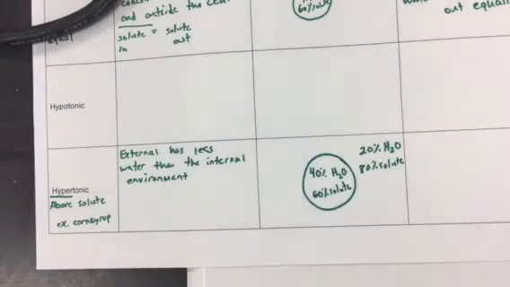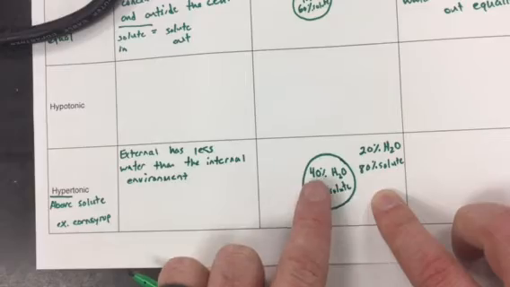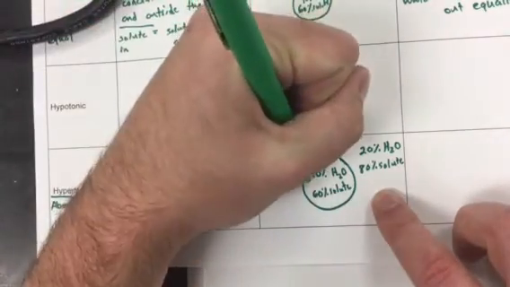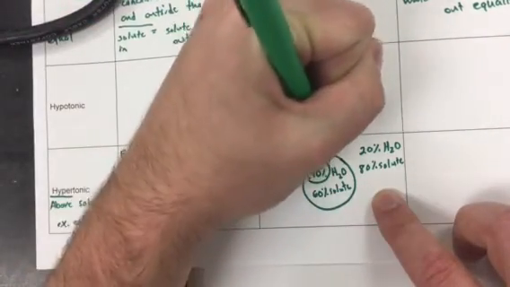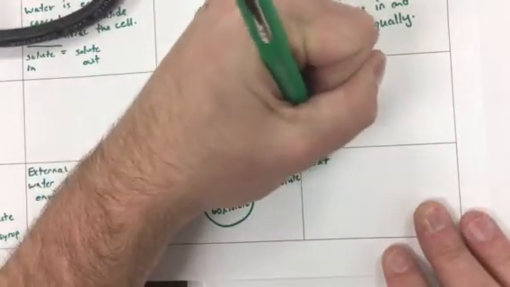Now remember, water always wants to go from high concentration to low concentration. So where do I have the high concentration of water, inside or outside? Inside. I have a high concentration inside. So it's going to go from the big concentration to the small concentration. So what's happening to the water? Is it entering the cell or is it leaving the cell? Leaving the cell. So in this case, the water leaves